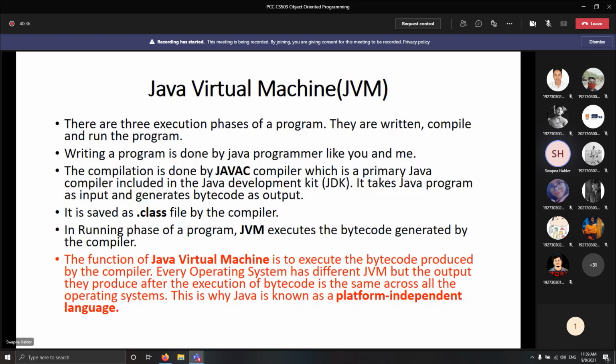Now, what is this .class file? For this, there is another portion that you need to know, that is known as the Java Virtual Machine, that is the JVM. Okay, this JVM is very